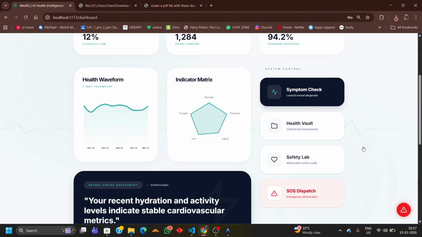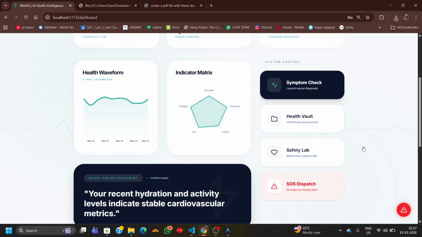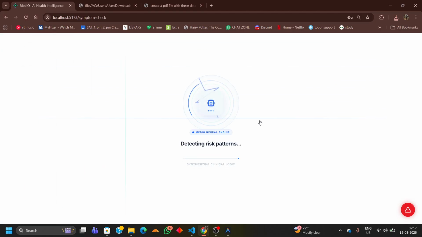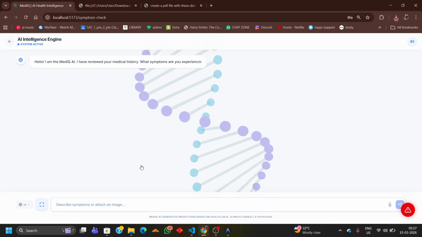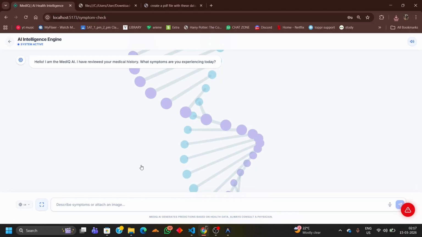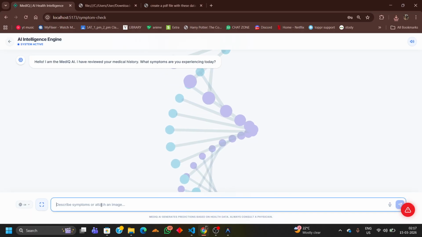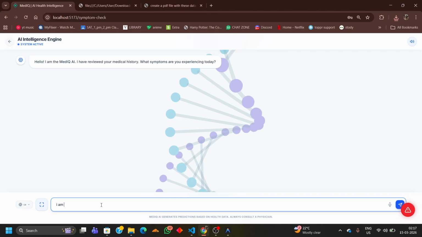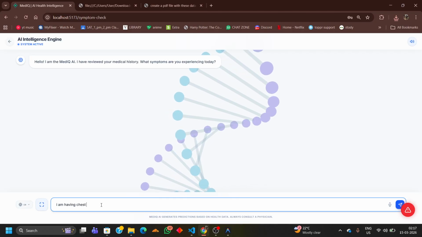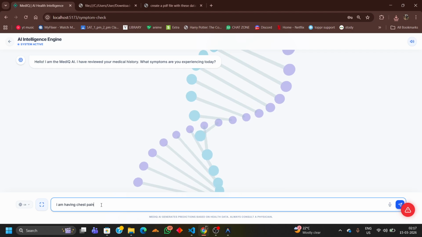And I can now look at my symptom check, where I can launch neural diagnosis. Basically, I can get predicted disease from the symptoms that I've written. So this chatbot basically tells us what the disease might be from the symptoms that the user has given in the text box. So either I can write it manually, the symptom like I am having chest pain, or I can use my